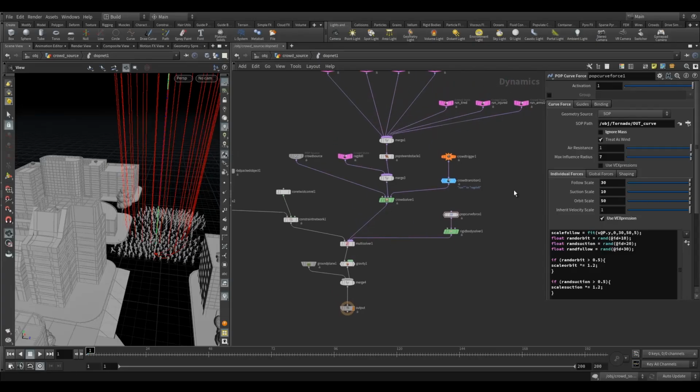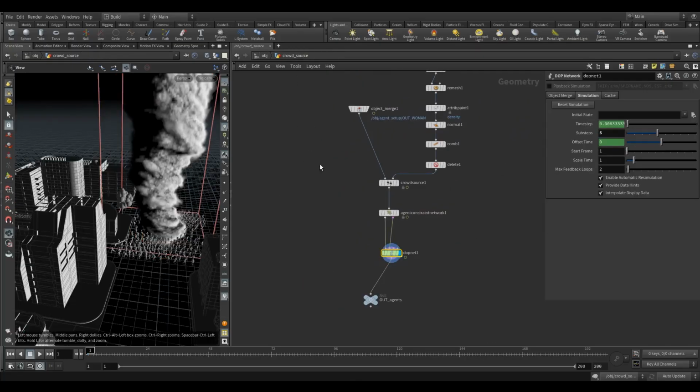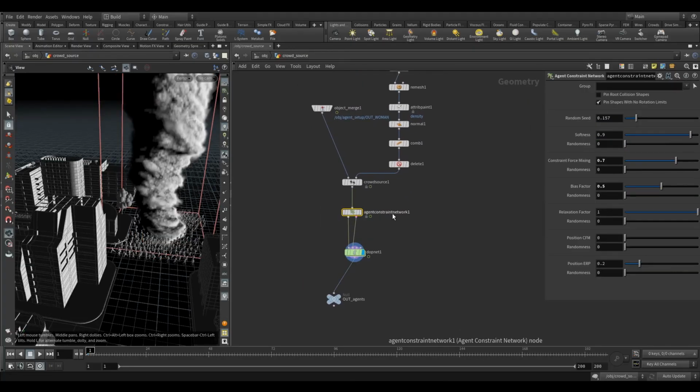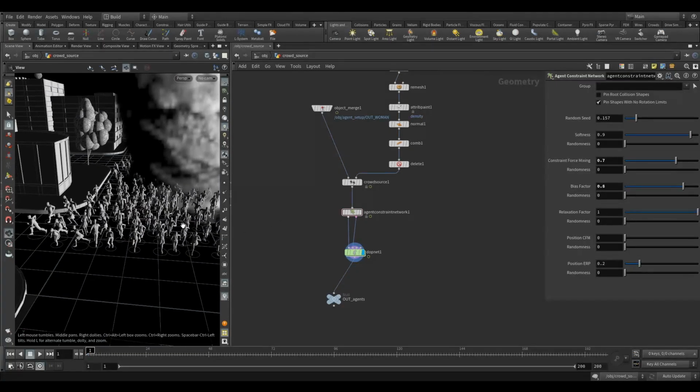Before I forget, I just want to raise the stiffness here on the ragdoll constraints, and also on the agent constraint network, the bias factor I want to look at. Let me just check. Not the bias factor, sorry, the constraint force mixing. No, sorry, the bias. The bias factor, yeah, I'm going to push that up to 8 so that the agents try to hold, the joints stay within their limits a bit stronger. They do recommend up to 5, but I feel like we need to push it up